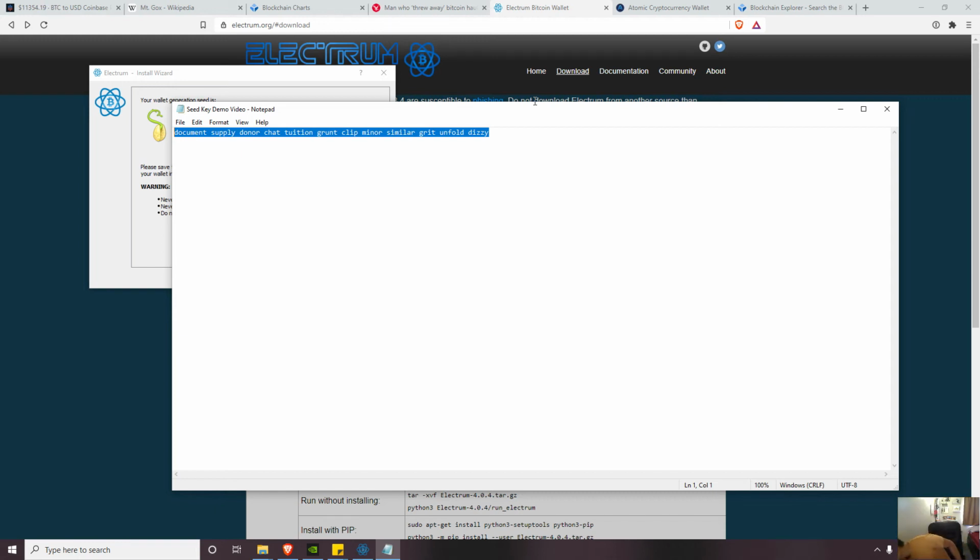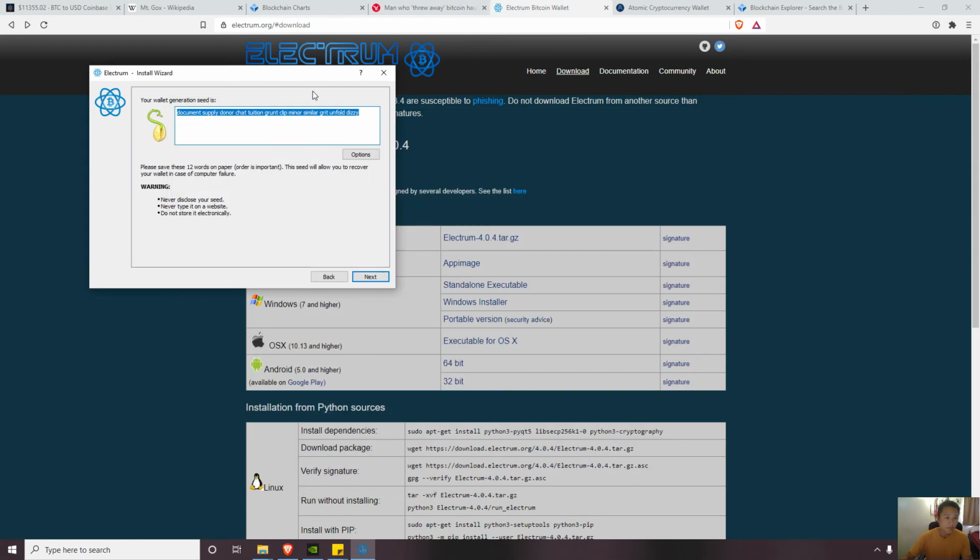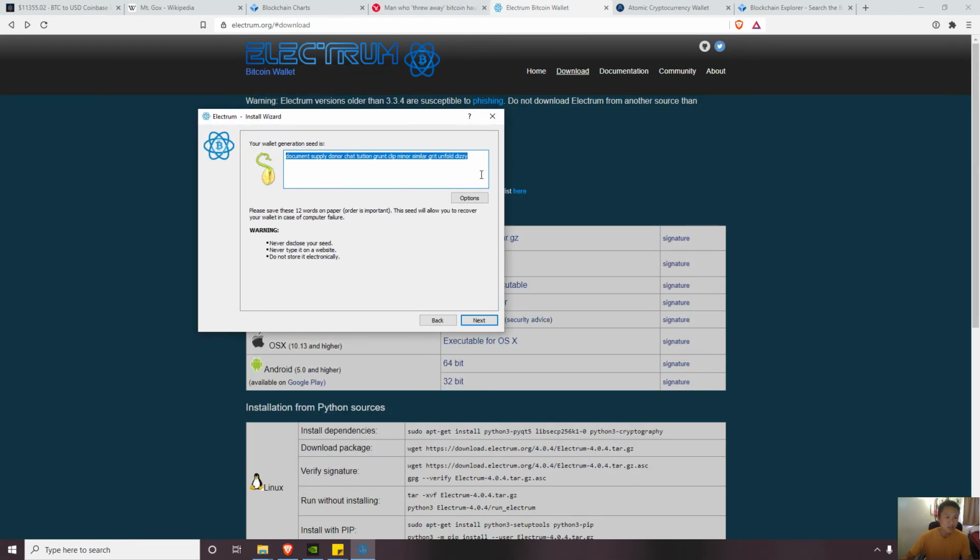The other aspect that I also recommend, aside from saving it in a file, is simply writing it down in your notes, and then hiding that paper somewhere where no one knows. But the important thing is that you know where the seed keys to your account are. So I have this saved, which is good, and I think the next step is